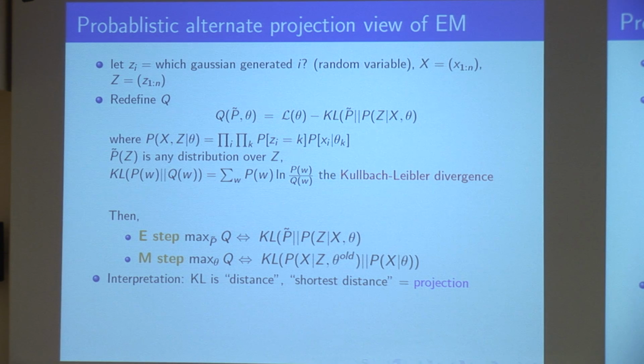However, because of this expression, this is the same as minimizing the KL divergence between P tilde and the posterior. And maximizing over theta, you may know, and it's not hard to prove, that maximum likelihood, which is what's happening here, its weighted maximum likelihood, is minimizing KL divergence between a model, in this case the probability of X given data, and another distribution. So I can write both steps as